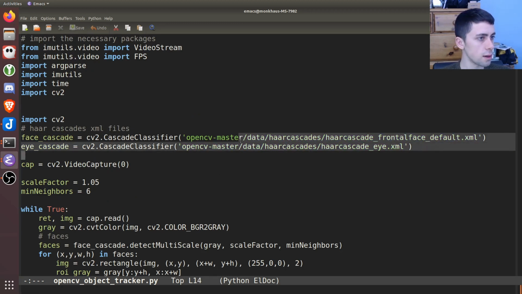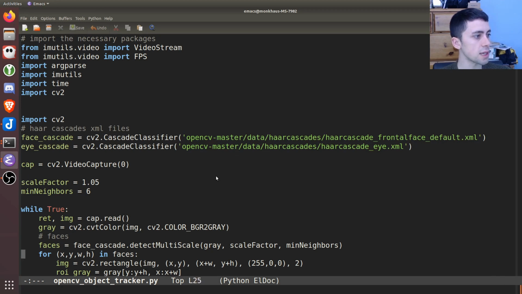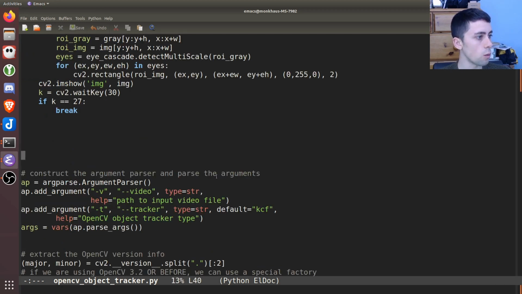So if we just ignore this stuff for now, because this is our Haarcascade while loop, I'm just going to scroll down to the first segment of the object tracker. And what this is, it's just a command. These are command line arguments. So the lines from 42 to 48, all that is saying is there's going to be two command line arguments. By default, if we don't choose a tracking algorithm, then we're going to be using the KCF,